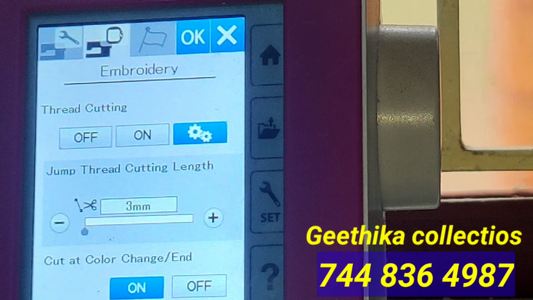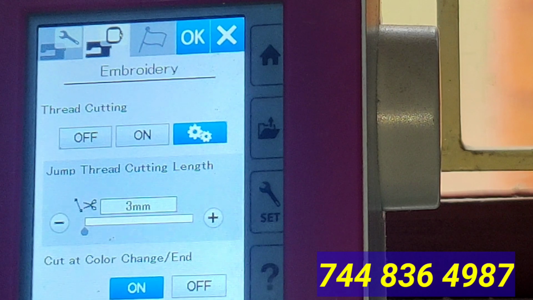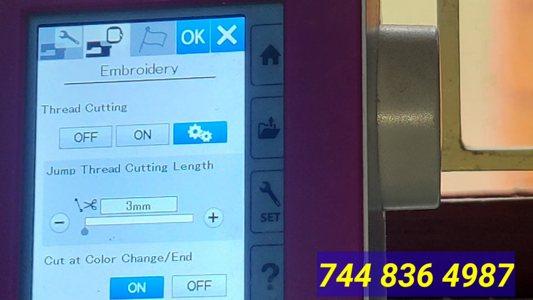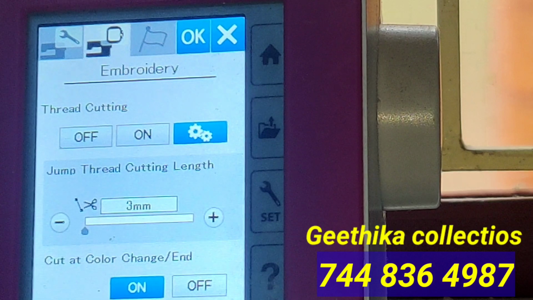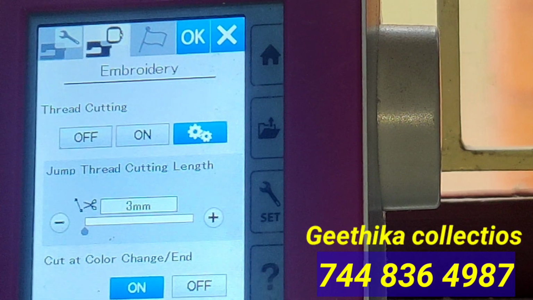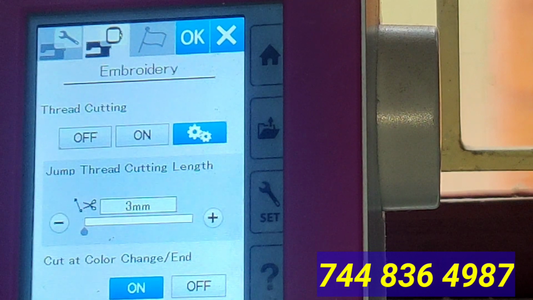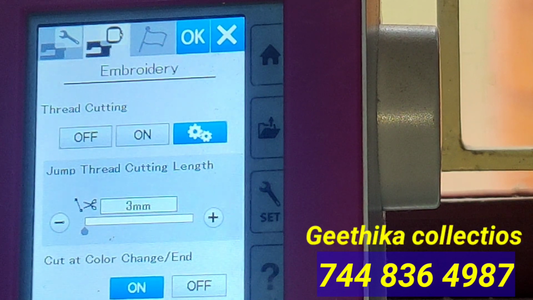Let's see. Whenever the color is going to change, for example one part is done with red and the next color is green, a thread cut should happen here also. If the cut is long, then fine, you can manage. But with the same thread, sometimes the machine itself will cut the thread and continue, and because of that there will be a jumping concept.